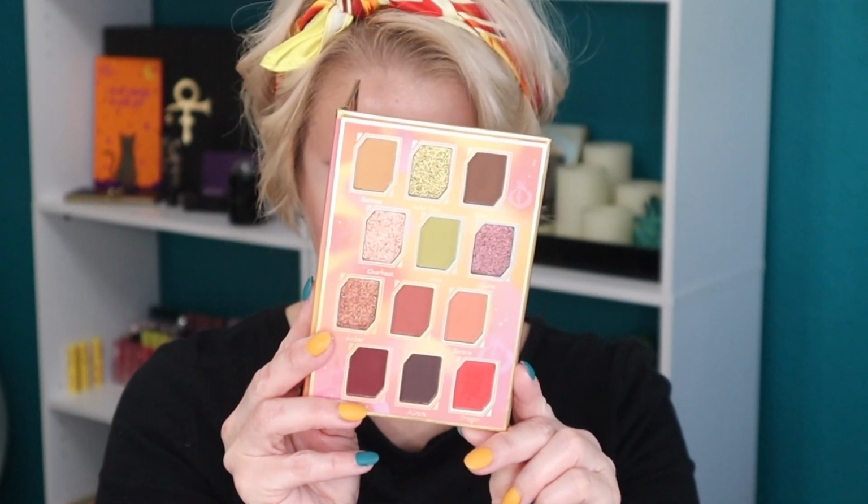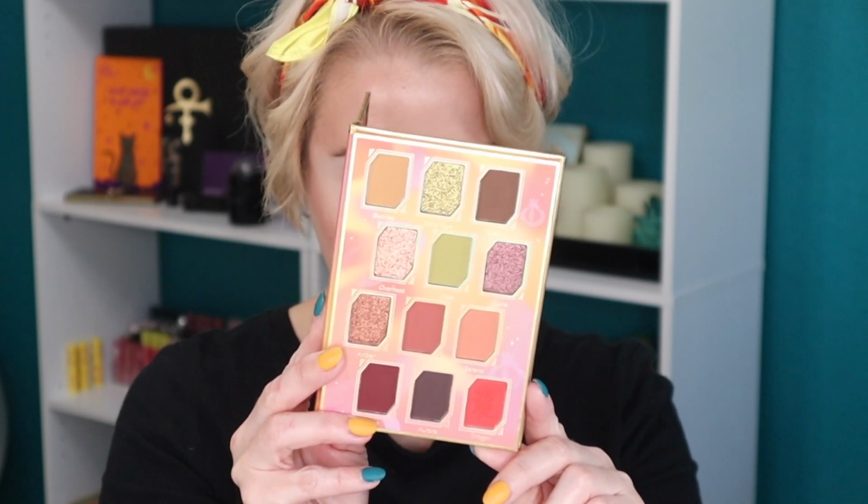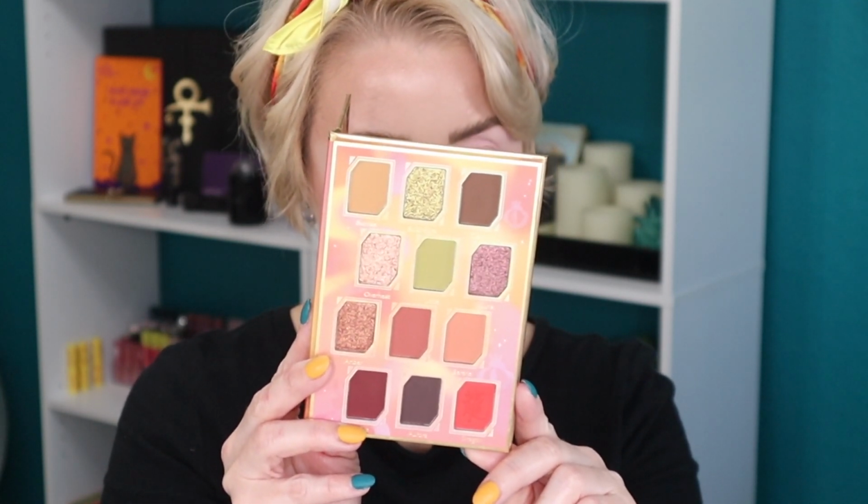This eyeshadow palette features 12 different shades, including matte, shimmer, and one multi-chrome, and it retails for $33 on the